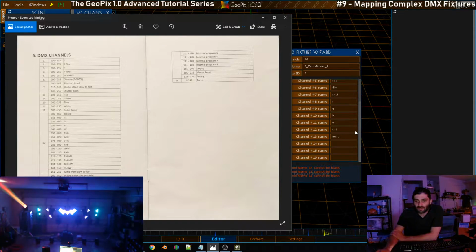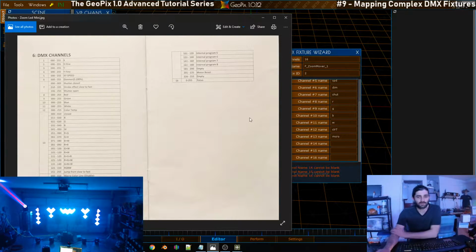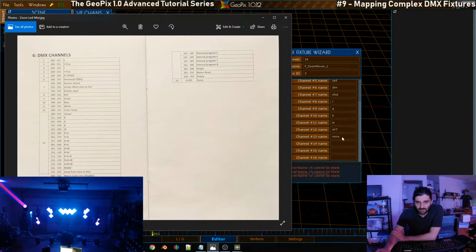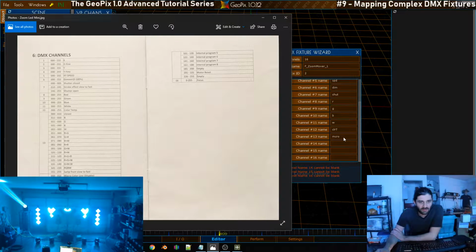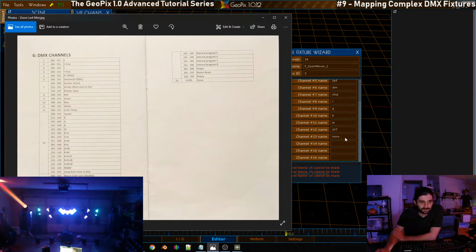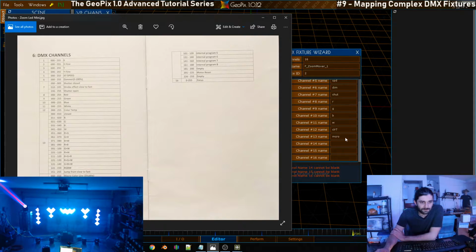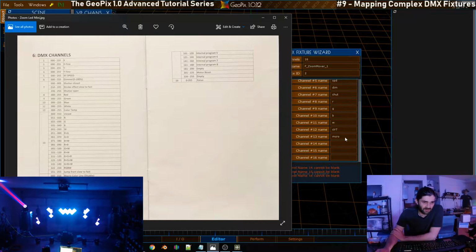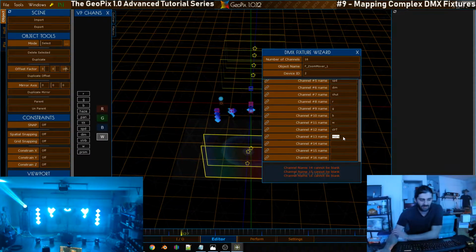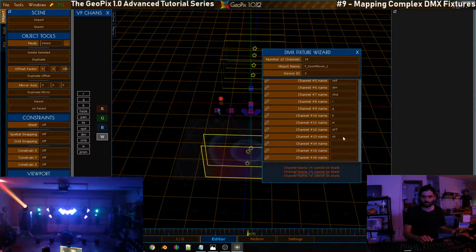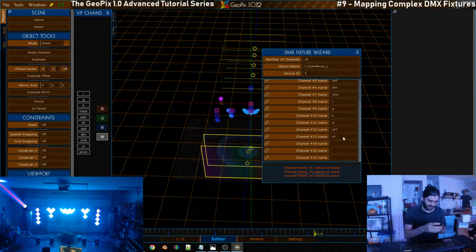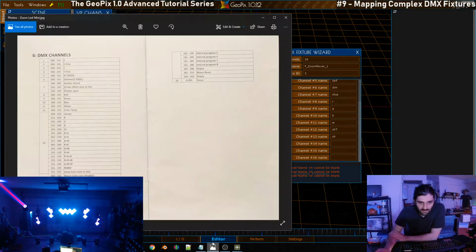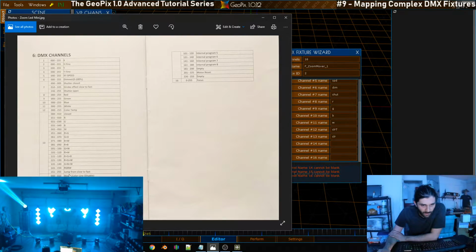And what's after that? Number 12 is color temp. That looks correct. And then number 13 is macro. No, that's something else. That's just like color combinations. All right, we want to call this just CLR. Just give me 1 second. And then we want to call the next one macro